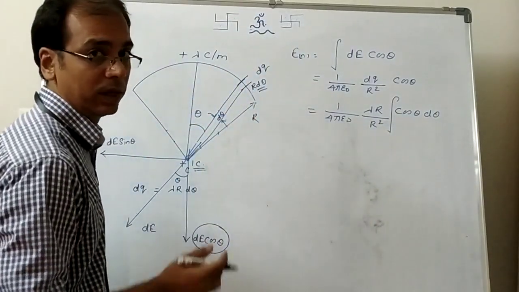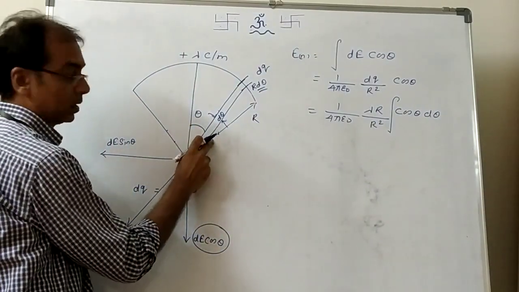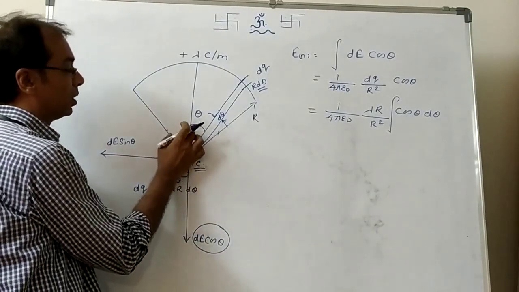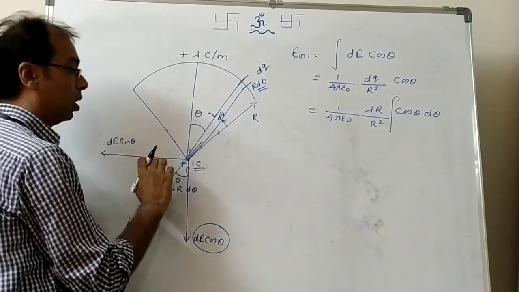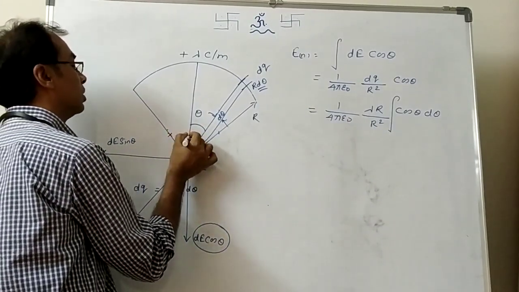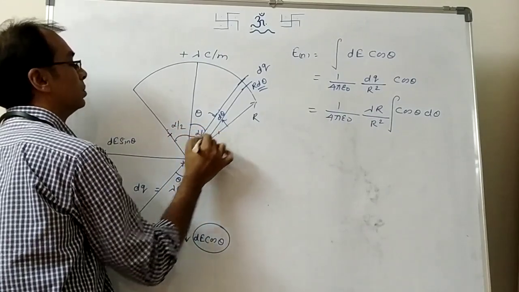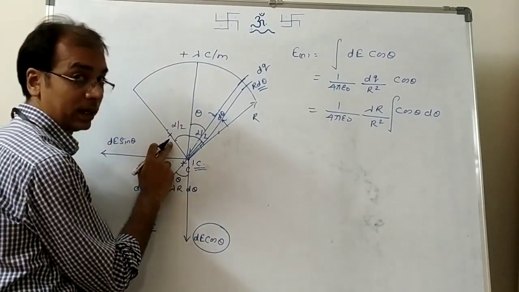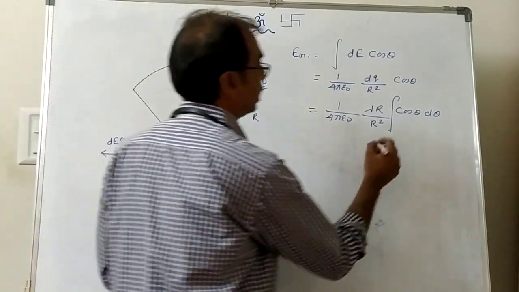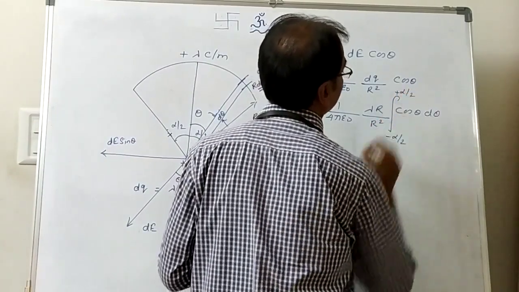Right? Now from where to where do we have to integrate? We can integrate from 0 to alpha by 2 and then multiply it with 2, because this component is also there. Or we can take the integration limit from this point. So this is alpha by 2 we know, and this is also alpha by 2. But this is on the left, so this will be minus alpha by 2, and this is on the right, so plus alpha by 2. So we can do that. This is minus alpha by 2 and plus alpha by 2.